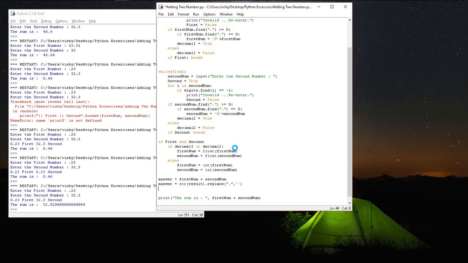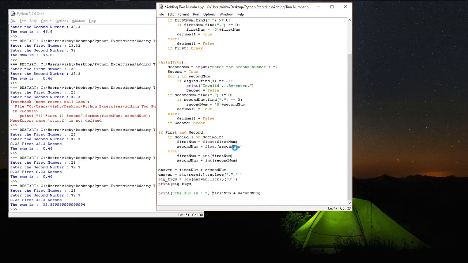Now that we have a number which doesn't contain decimal points, significant figures will be what? The length of the answer after left stripping. Answer dot lstrip. Lstrip what? Left side zeros. And let's print sig figs. And now what we'll do is we will